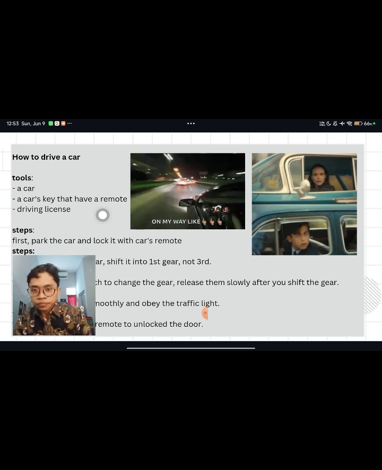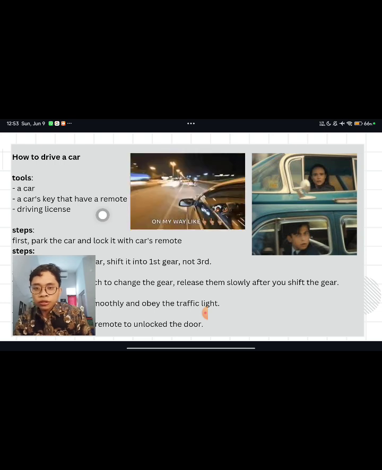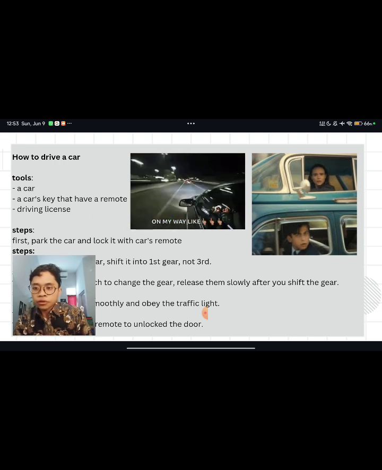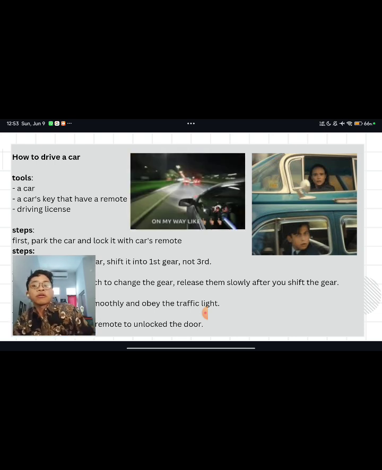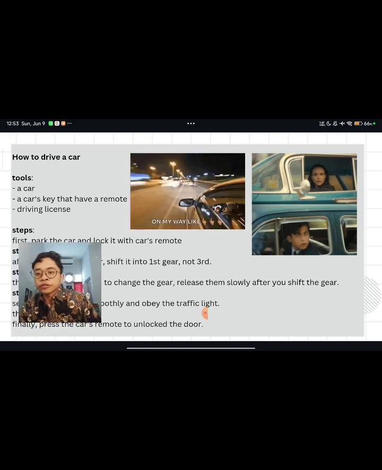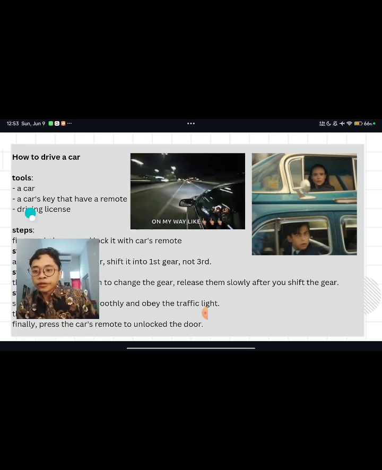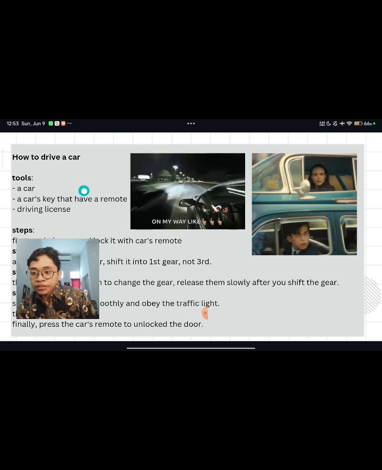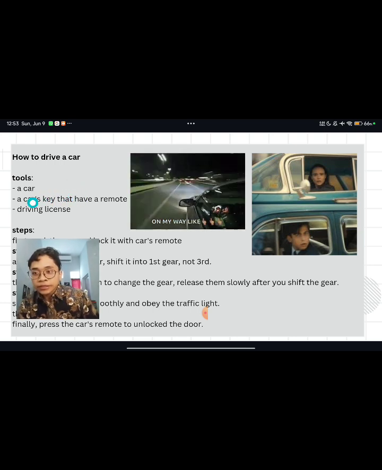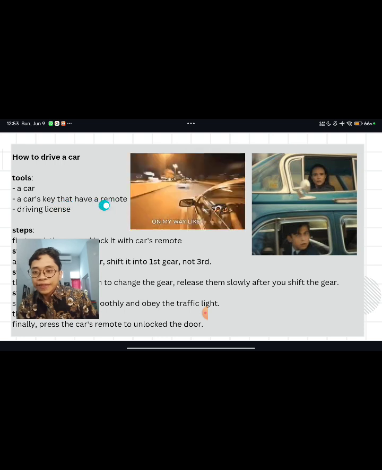In the title, how to drive a car, is it right or not? Of course it is right. It tells the reader how to drive a car. The tools section is also right. It is a car. Of course, we need a car key that has a remote.